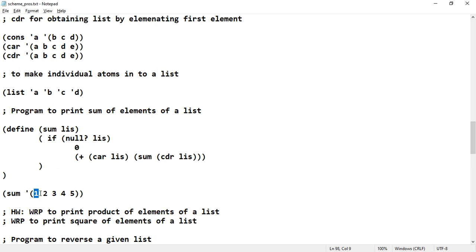That means CAR of list, which is 1, plus the sum of the remaining elements. So recursively call the sum function with the rest of the elements. Rest of the elements means you have to use CDR of list. So here CDR of list means the first element 1 will be removed and the rest of the list will be passed. So recursively this operation will perform so that it will print the sum of the elements in the list.